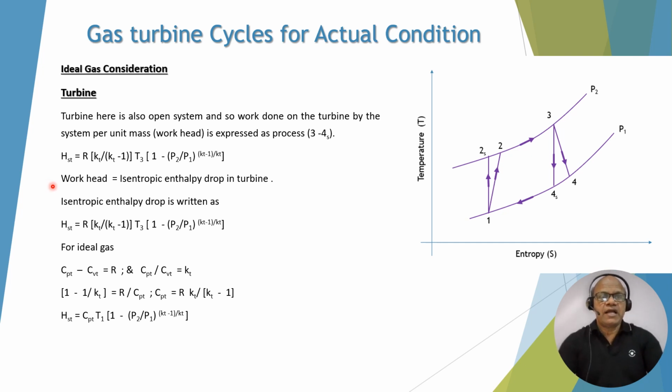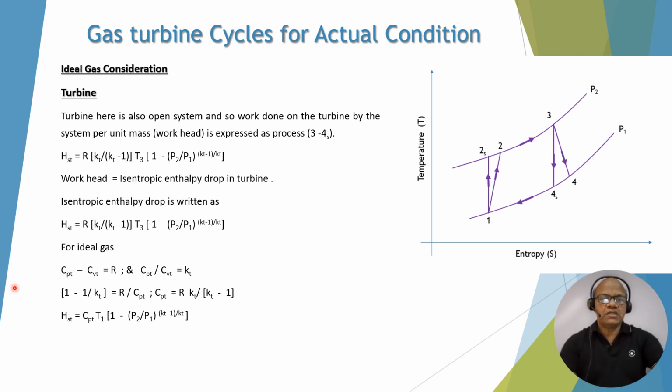But in ideal condition, work head is equal to isentropic enthalpy drop in turbine. So isentropic enthalpy drop is written as the same thing. HST is equal to R into KT upon KT minus 1 into T3 into 1 minus P2 by P1 to the power KT minus 1 upon KT. For ideal gas, again we can write CPT, T stands for turbine, CPT minus CVT is equal